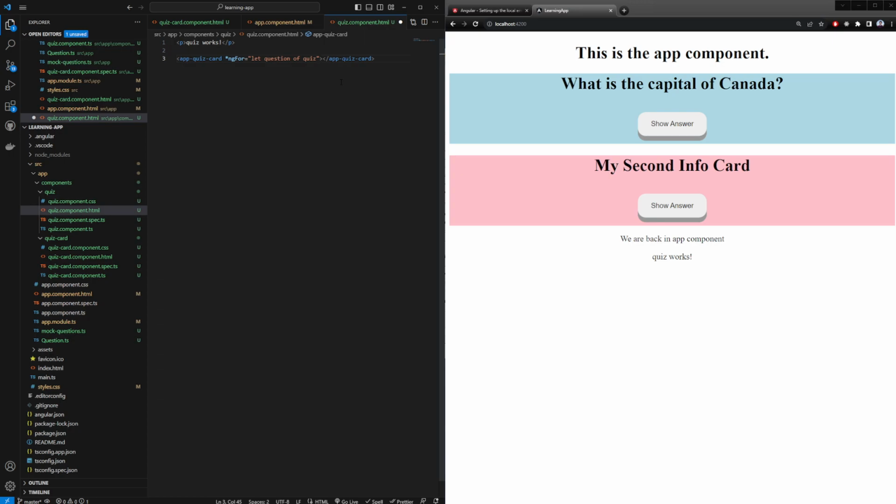Now, it's up to you what you do with it over here. And what we want to do is bind the question property that we have in our app quiz card to whatever the question value out of quiz is. Meaning that would just be question as well. But to make this a little bit clearer, let's say quiz question, just for the time being, to let you understand the separations between the attribute that we're binding in app quiz card and the value that we're getting from the for loop. Okay, so as I save this,